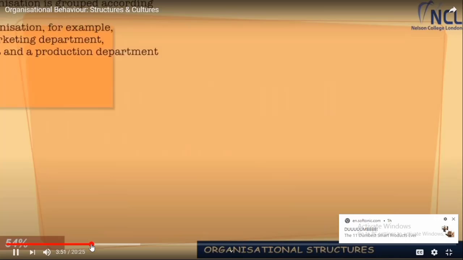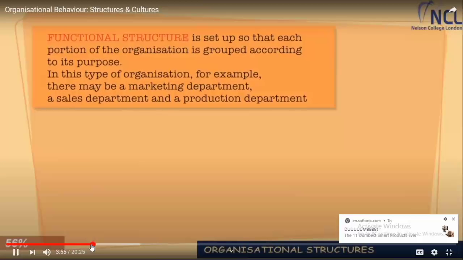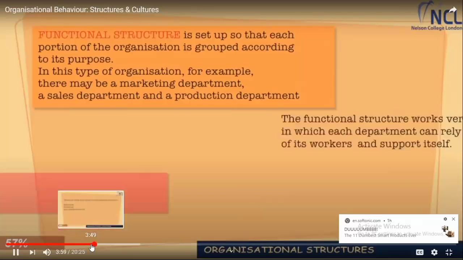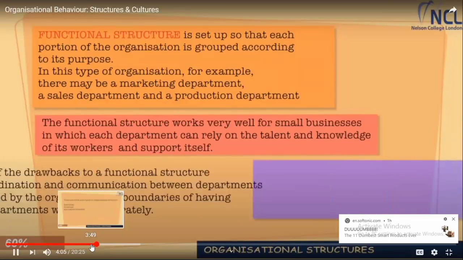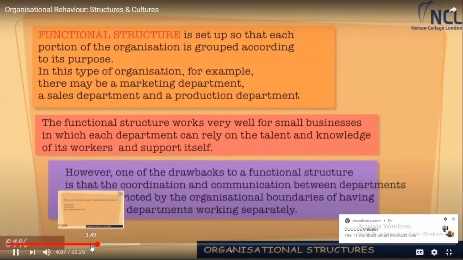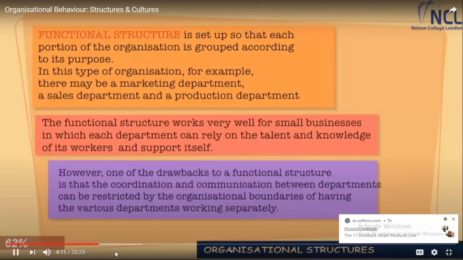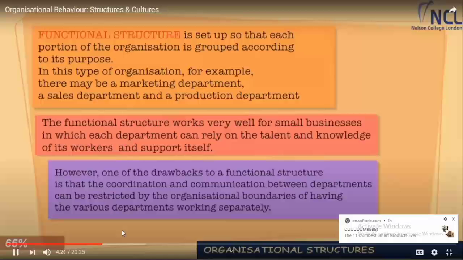Functional structure is set up so that each portion of the organization is grouped according to its purpose. In this type of organization, for example, there may be a marketing department, a sales department, and a production department. The functional structure works very well for small businesses, in which each department can rely on the talent and knowledge of its workers and support itself. However, one of the drawbacks to a functional structure is that the coordination and communication between departments can be